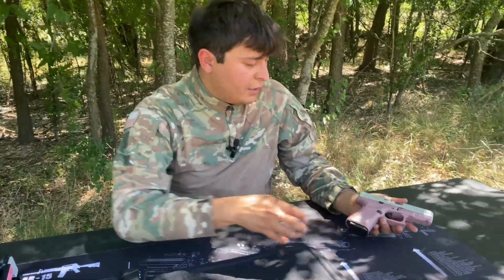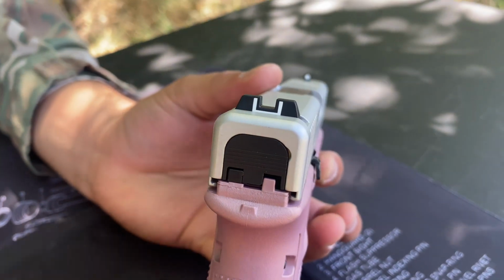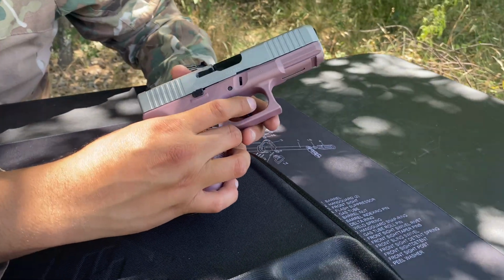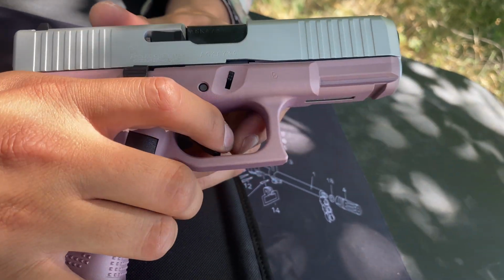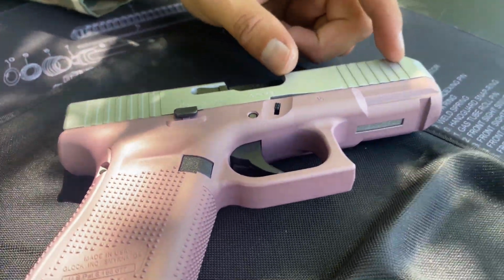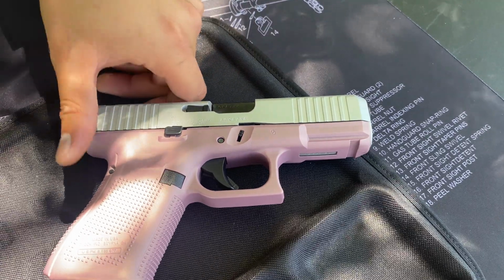So let's go ahead and give you guys some specs. You guys can see our front and rear sight are exactly the same. Nothing has changed. We still get our plastic sights. As far as the trigger goes, we're still going to get our safety mechanism integrated in our trigger. And let's give you guys the specs. As far as the barrel length goes, we are going to get a 4.02 inch barrel. The overall weight of the firearm is